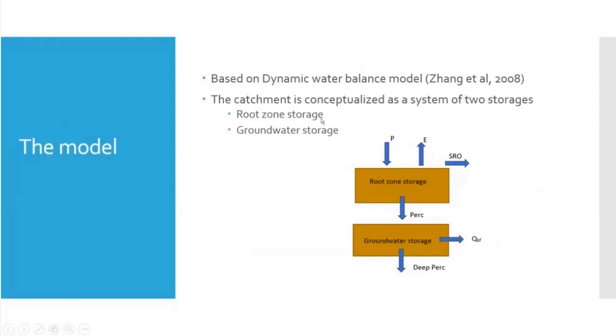This is how they schematize the model. And to look at the equations, for example, for runoff, they start with precipitation as the sum of the surface runoff and a catchment rainfall retention, which is X in this case. So this catchment rainfall retention is the amount of water which satisfies the evapotranspiration, which satisfies the change in the storage between the current time and the previous time step, and which satisfies also the percolation to the